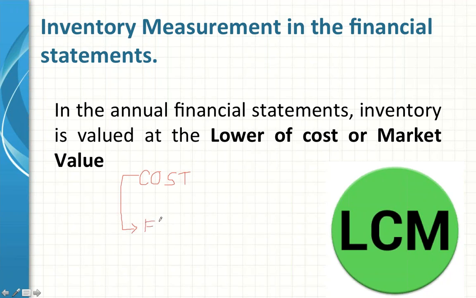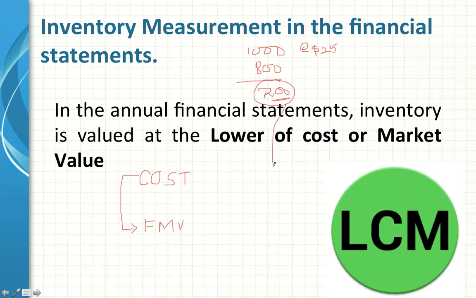Say for example, today is March 31st. We are closing the books. We have some units. In the month of October, we purchased 1000 units at the rate of $25. From this, we sold 800 units. During November and December, we sold 800 units. Now this 200 units value